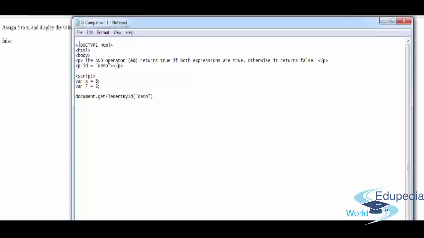Demo dot inner HTML is equal to, now write this expression, x is less than 10 and y is greater than 1 plus, add a break,